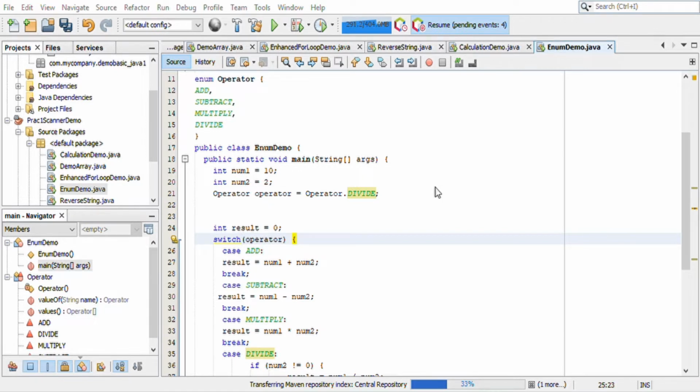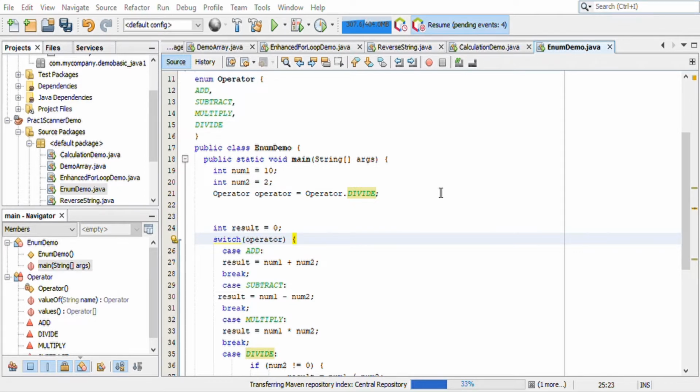We create a named list of constants when we know all possible values at compile time, such as choices on a menu, rounding modes, command line flags, etc. It is necessary that a set of constants in an enum type stays fixed for all time, so it was introduced inside the Java language. It is basically a named list of constants which are always, by default, public, static and final.